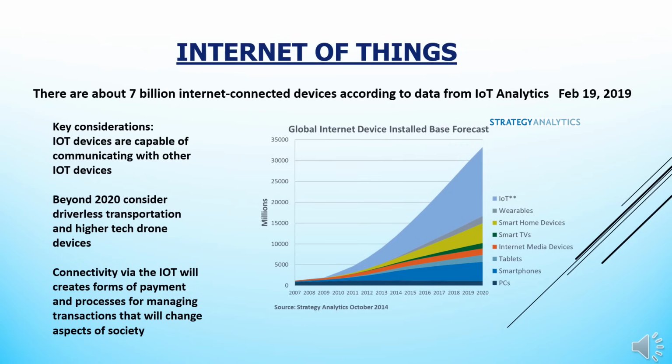Now let's shift our discussion and recognize that today there are about 7 billion internet connected devices. Sensors are in everything, and they are controlled by apps that operate on smart devices. Consider the continuing growth of sensors in a world with the maturity in driverless transportation and high-end drone technology. With the use of sensors expected to triple within 5 years, a system capable of machine-to-machine interactions in the transaction